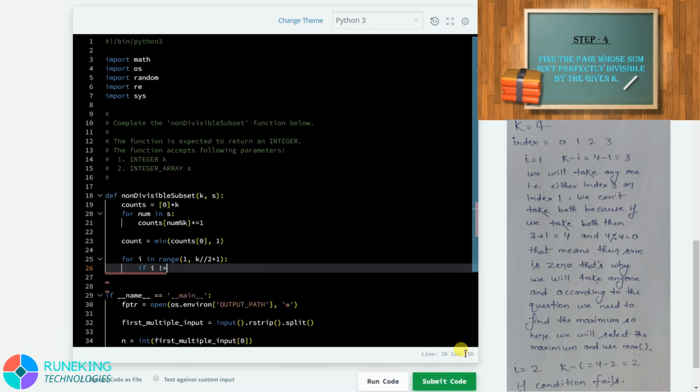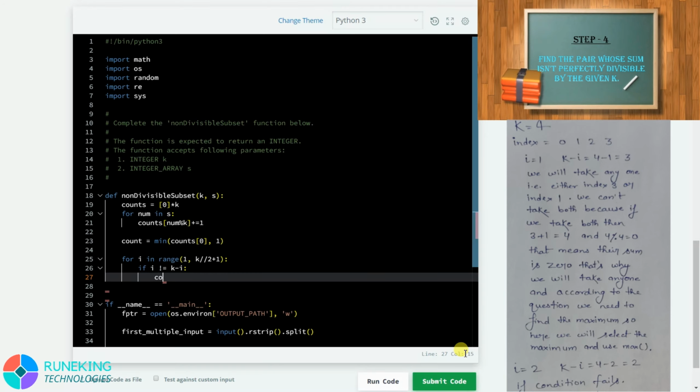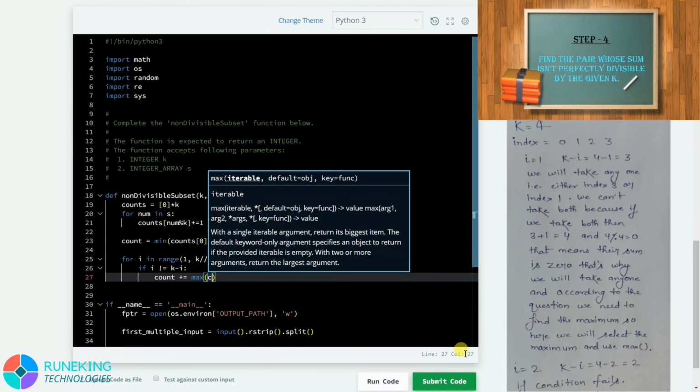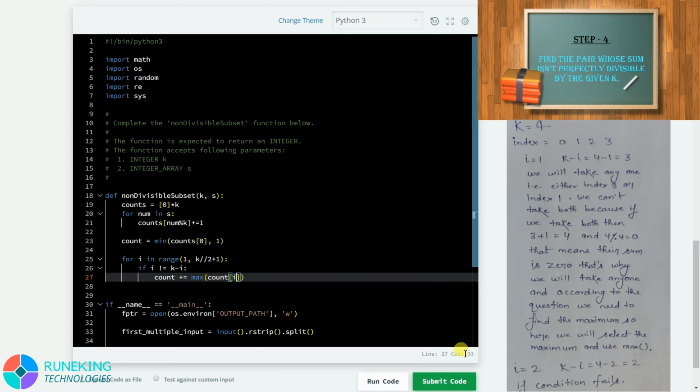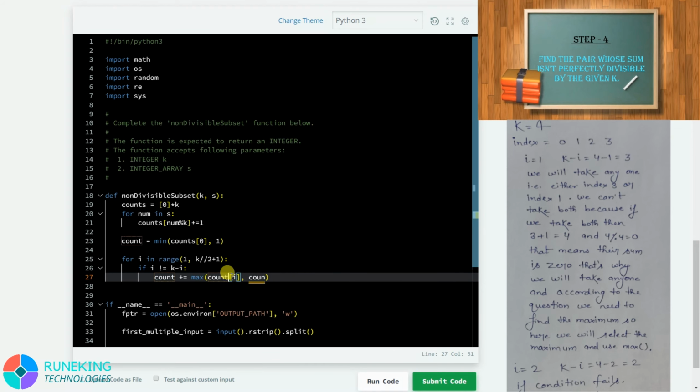If i does not equal k minus i, then we will increase the count: count plus equal to max between counts[i] comma counts[k minus i]. Not count; count is a variable and counts is a list.